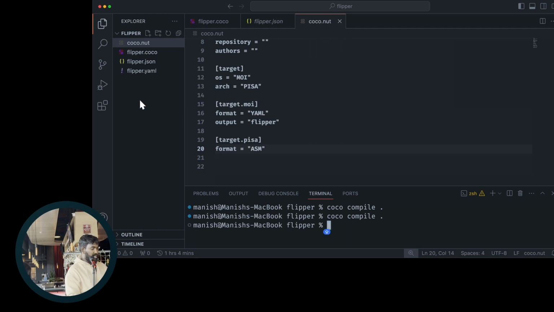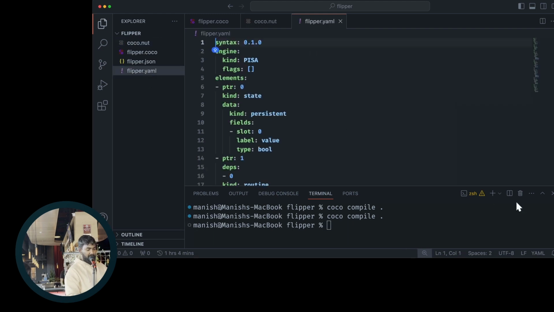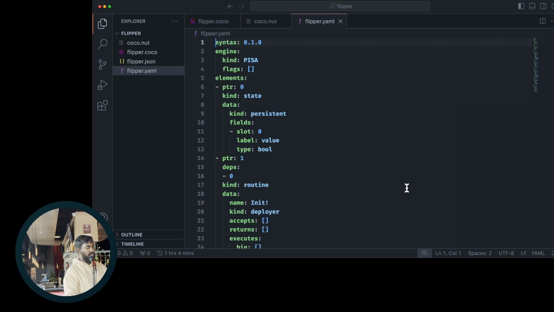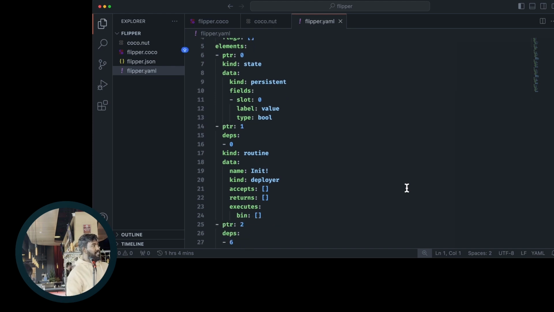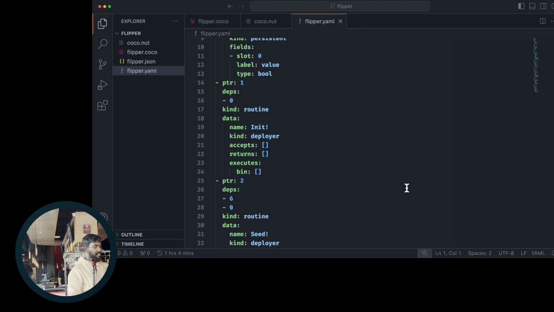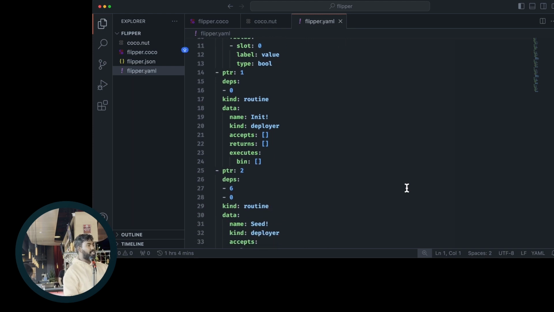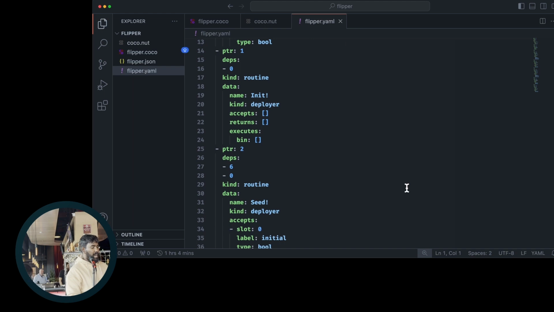And if I did this, you'll see there's a flipper.yaml file here, and this is a little bit easier to go through. This is a readable version of your ABI plus your contract code. It's a single artifact, right? This is the artifact that is available on chain that you deploy with the SDK and everything, and this gets converted into a logic object and stored. And you can always query for the manifest from the protocol to make sure that the ABI is consistent with the logic array that you're working with, right?